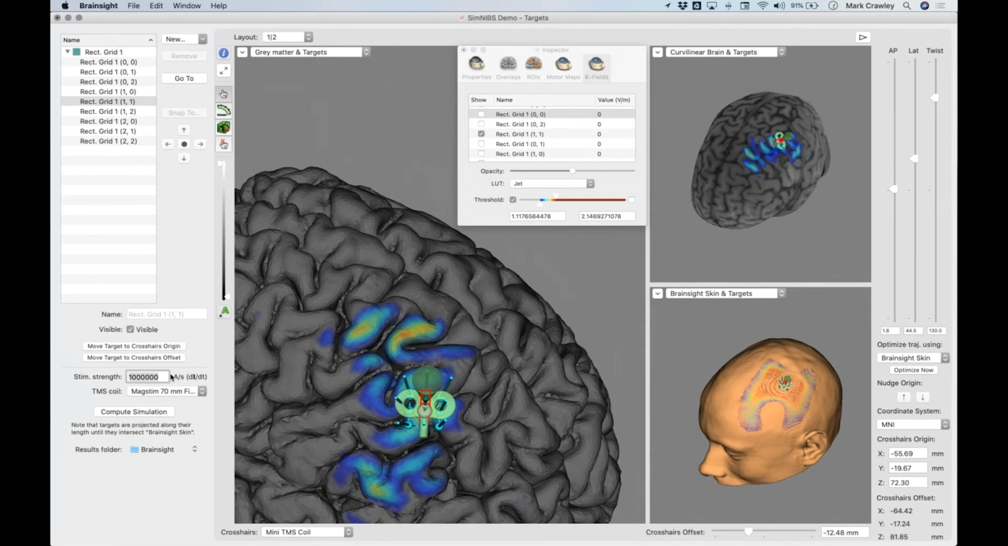Yes. This would assume at the moment that you are stimulating from the hotspot. You can see kind of here on the Brainsight skin window here. This assumes obviously that you're stimulating from the hotspot of the coil. If we'd be stimulating over the left wing or the right wing, that hotspot then would be shifted either left or right as well,